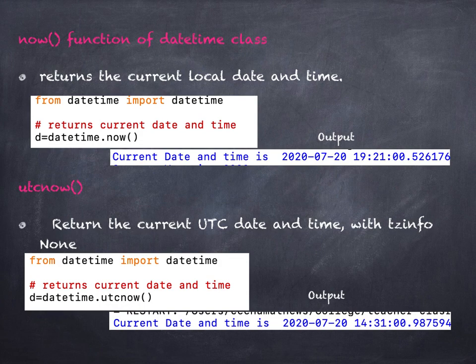It returns the current UTC date and time with the time zone information as None. And you can see in the example, datetime.utcnow() will return the current date and time, which is a little different from the previous output, that is now's output. When you print now's output, the hour is 19, whereas in this case the hour is 15, that is 5 hours short. UTC time is 5 hours short of Indian Standard Time.